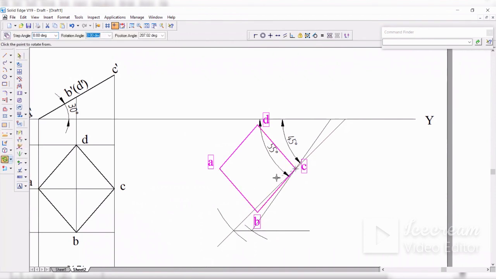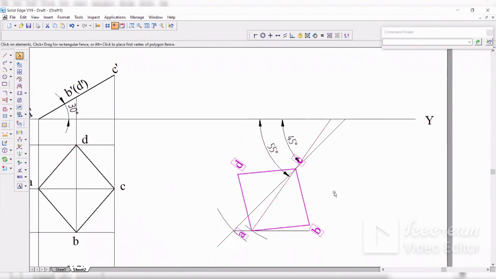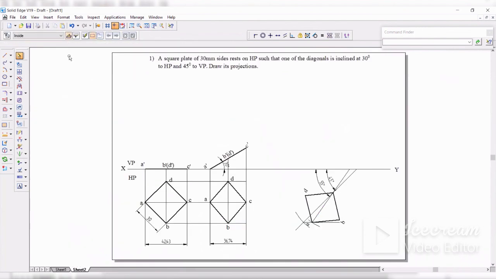Now from the diagonal, I want C to A, I'll select it and rotate it onto the beta angle. See now it's selected. Don't worry about A, B, C, D also being rotated, it is not an issue. My primary concern is that this diagonal is on the 55° angle now. Okay. Now let me fit it back.